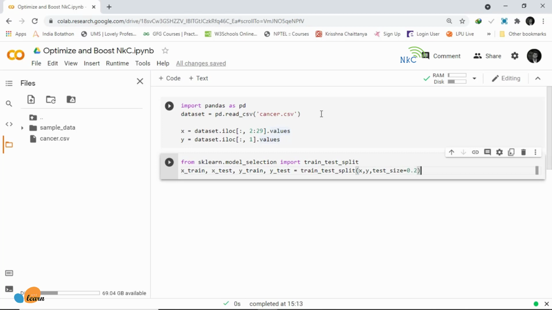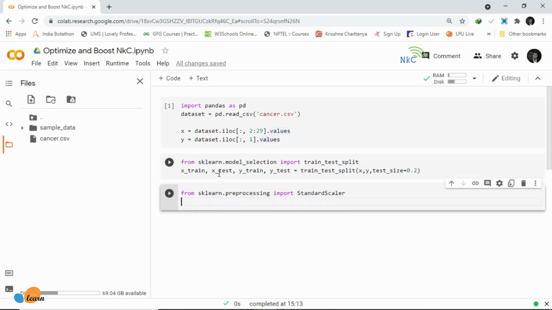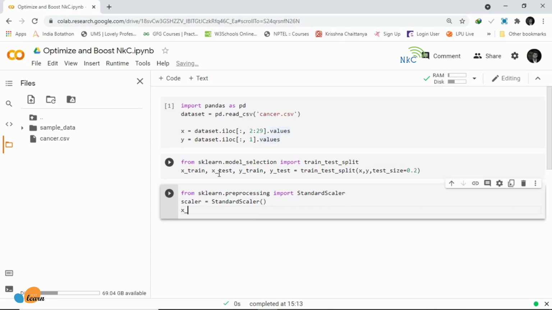With sklearn, we are going to say from sklearn.preprocessing we are going to import StandardScaler, and we are just going to say our scaler is equal to StandardScaler, and then we are going to say our X_train is equal to scaler.fit_transform X_train, and we are going to do the same thing for our X_test. So X_test is going to be equal to scaler.fit_transform X_test.